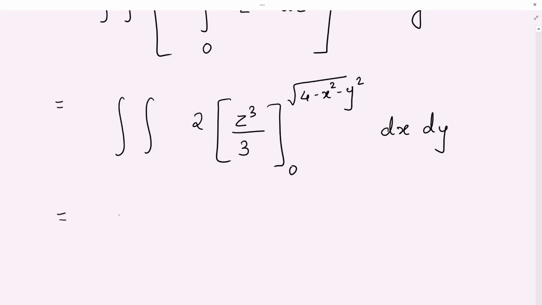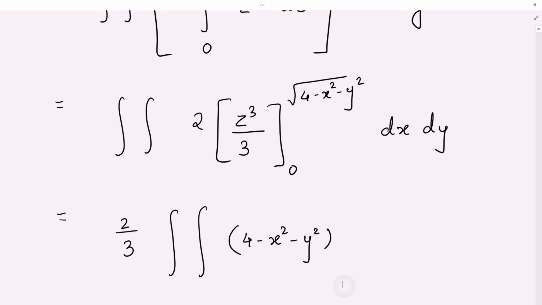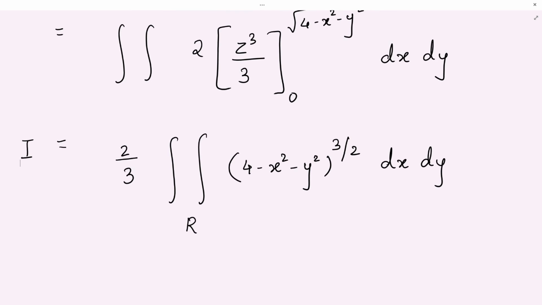So you can take 2 by 3 common. 2 by 3 can be taken outside, and you will have 4 minus x square minus y square raised to 3 by 2. This is cube and this is 1 by 2, so that is 3 by 2. So my triple integration now has been converted into double integration,